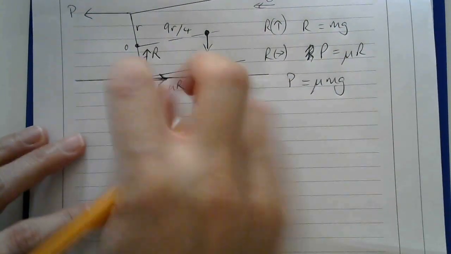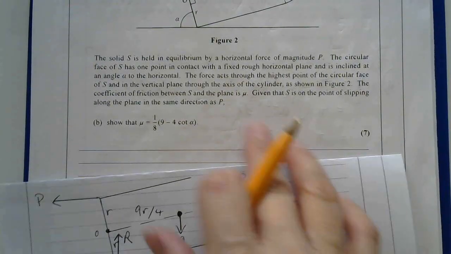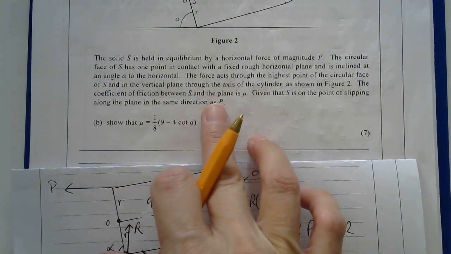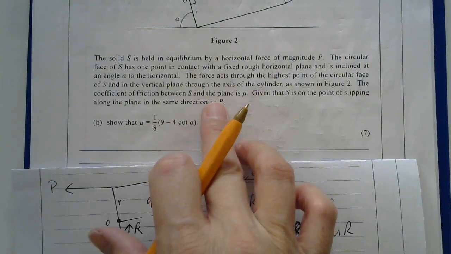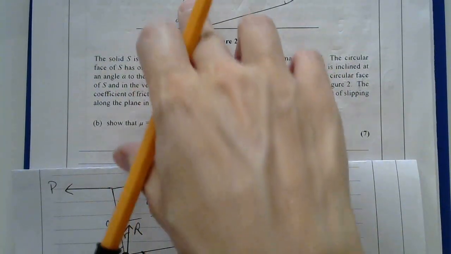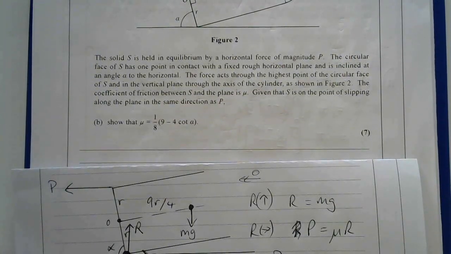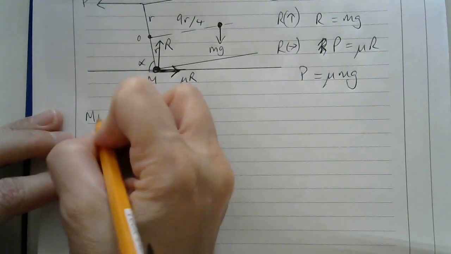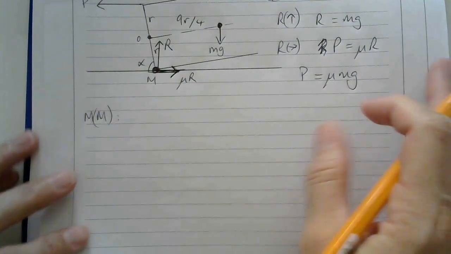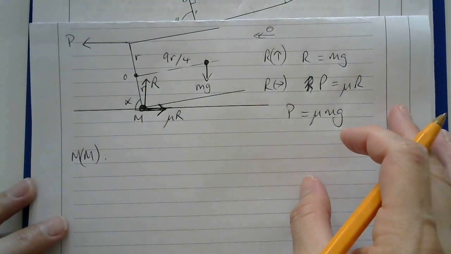Did they say what that place was called where it hits the plane? I don't think they did, so it's not called O. I'll just call this, can't call it P, let's call this M. So if I do moments about M, then